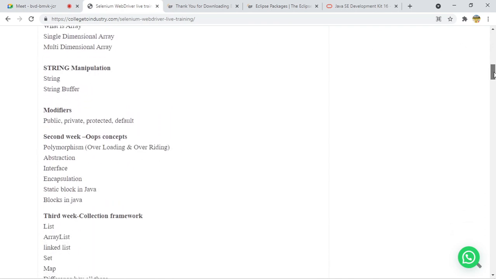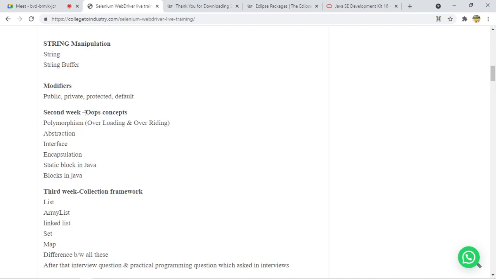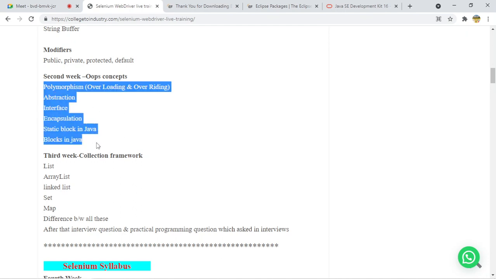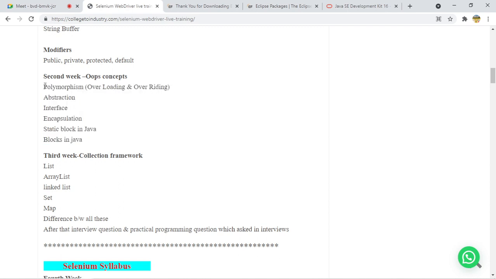But after that, once we complete it, we are going to see object-oriented programming. So guys, this is a very important thing. In most of the interviews, they will ask all the object-oriented programming concepts, right? So we have written polymorphism. What is polymorphism? What are overloading and overriding? What are abstraction and interface? These are the things we are going to cover, right? It will take around 2 classes. We will cover in-depth understanding of the object-oriented programming concepts, so you will be able to answer all the interview questions.